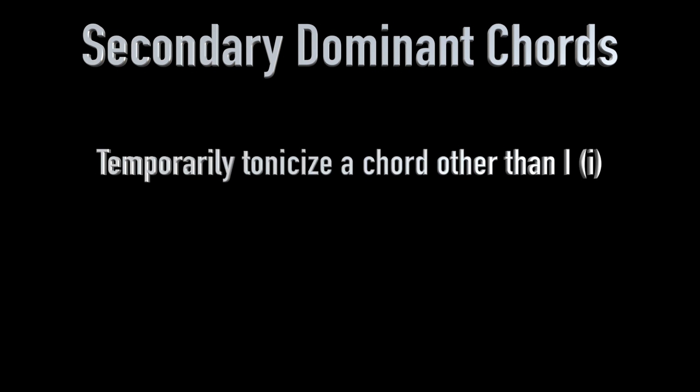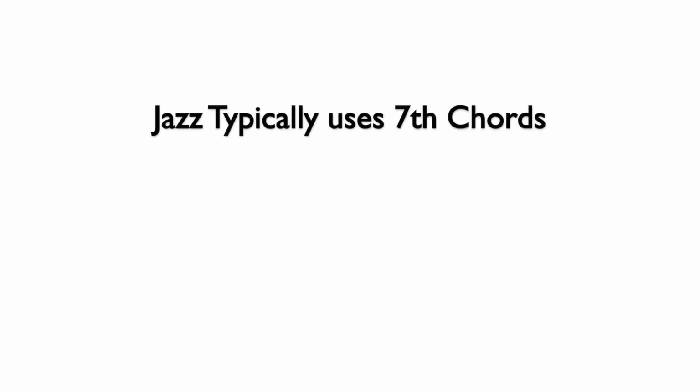Secondary dominant chords in jazz work the same way that they do in common practice progressions. They work to temporarily tonicize a chord other than one in a major or a minor key. In other words, they work to treat a chord other than one as if it were one. The basic chords in jazz are typically seventh chords, so all of the chords that we will discuss will be